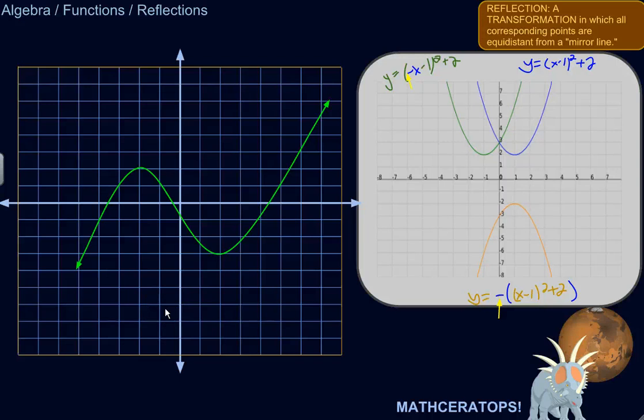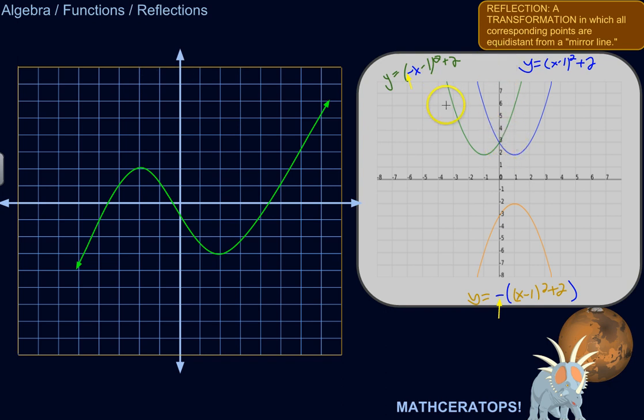Let's talk about reflecting functions. In fact, let's not talk about it. Let's do it. But let me just review for us what a reflection is. It's the kind of transformation in which all corresponding points are reflected around an axis or a mirror line, so that what ends up happening is,